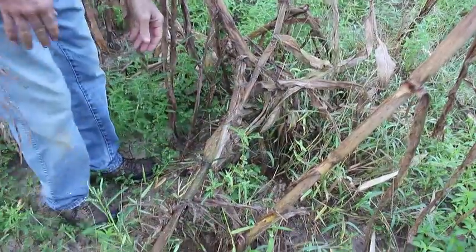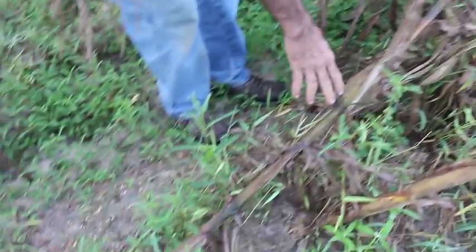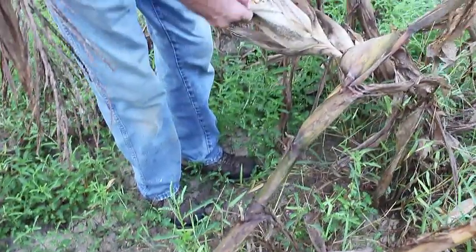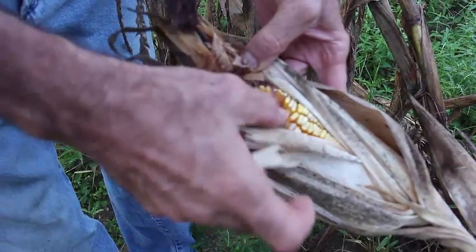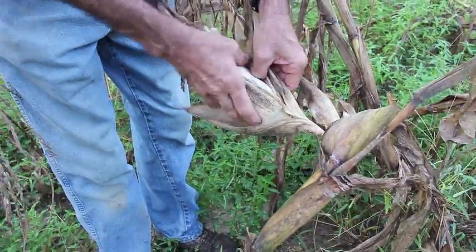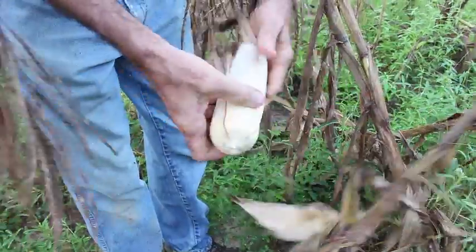Okay guys, this is what we're talking about here. The stalks, the corn so heavy, it's breaking the stalks down in the grass here. What happens when it falls on the ground in a field here, see the end of it? The rats get in here and start eating the ends of it, and they'll eat all the way up it. We've lost a bunch of them already, we found, but if we don't get this stuff up, we're going to lose it